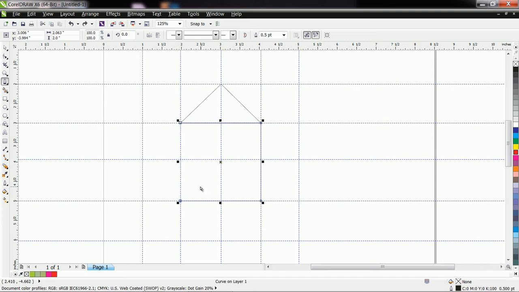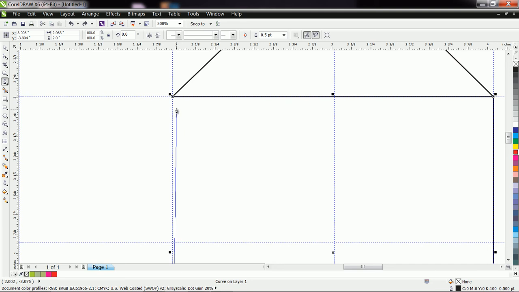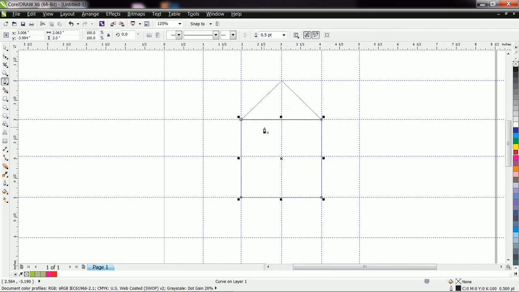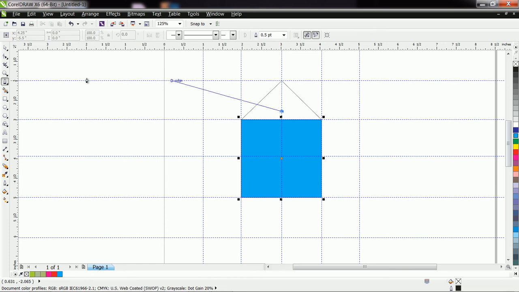Let us undo it, and you have to click exactly on the point. I think it is not exactly closed. Okay, now it is exactly closed, because this shape is free to draw another shape. Okay, after that you can easily fill it with color.